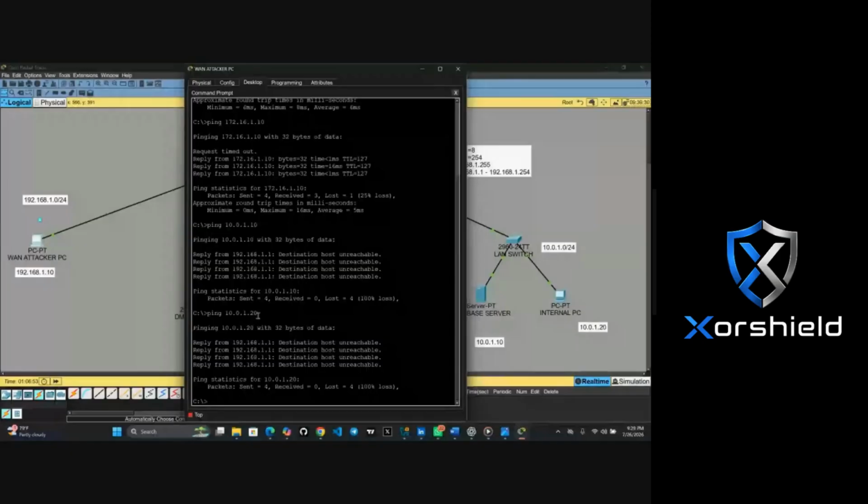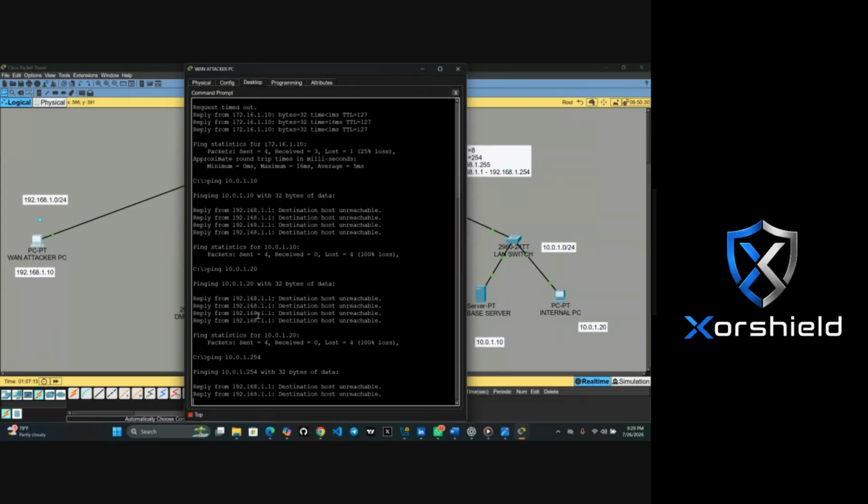You know that it is only 10.0.1.10 and .20 that we configured in this topology. I want to ping another number that is not here. You will see that it will give us destination host unreachable. Ping 10.0.1.254.